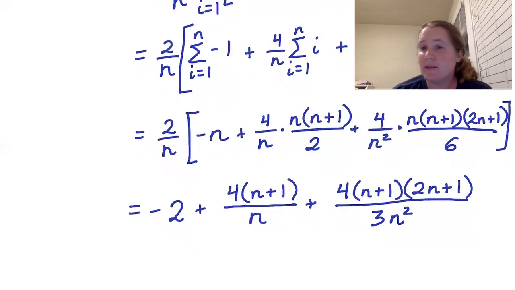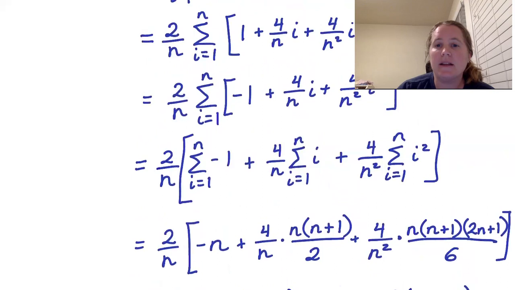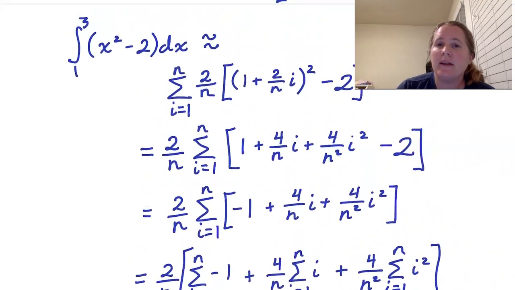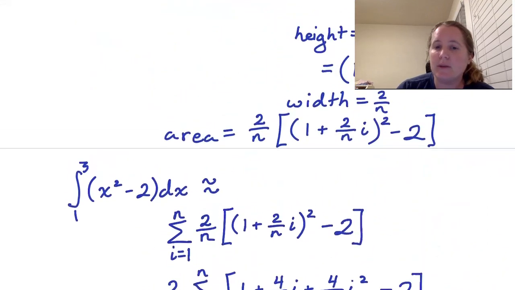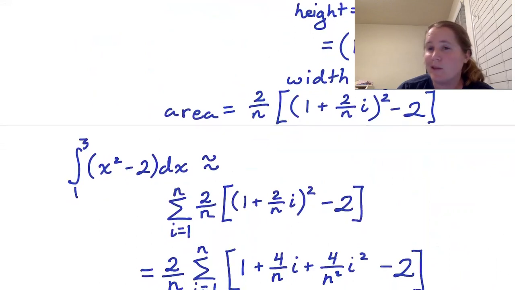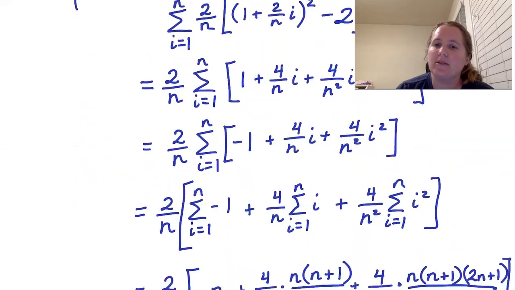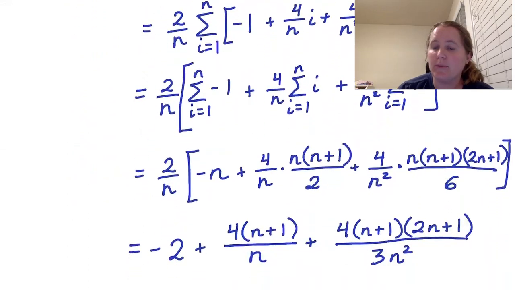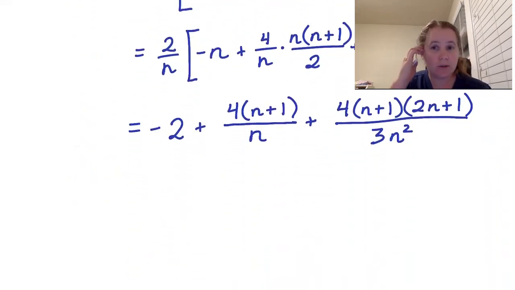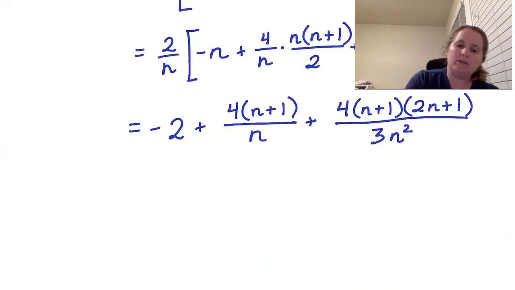So this was using the right-hand rule. Again, our sums were a little less complicated this time around because with the right-hand rule, we don't have to worry about using that i-1. We just get to use that times i. And therefore it makes our arithmetic a little more pleasant. So from here, if we do our general formula for the right-hand rule,